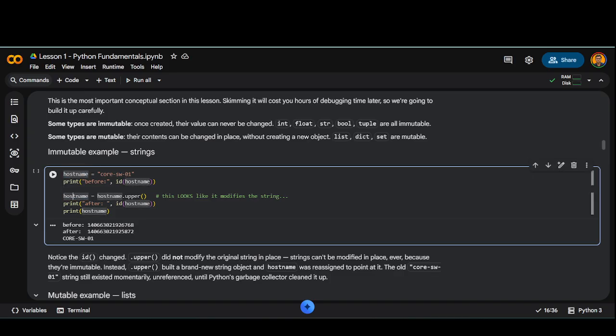I'm assigning it back to hostname itself, right? So we might think that it will go and stay in the same memory, but it is not happening like that. Hostname is overwritten with a capital Core Switch 1, but the memory address also changed. Okay. So when we are saying that this is immutable, immutable means you cannot modify it in the same memory